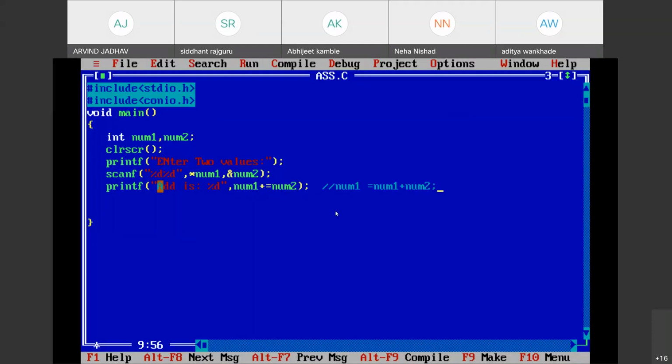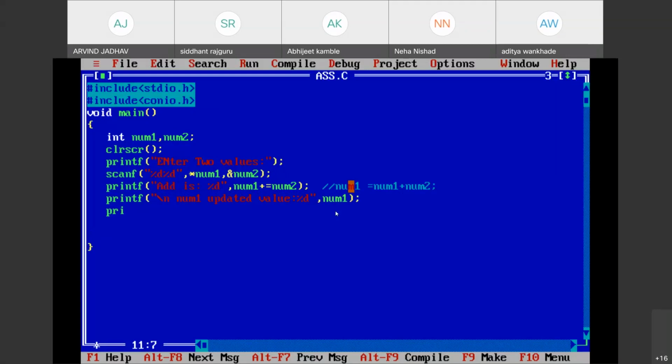That means the addition of these two will be displayed, and the value inside num1 will also be updated. So again here I will print the num1 value also. "num1 updated value is %d", comma, here we put num1.